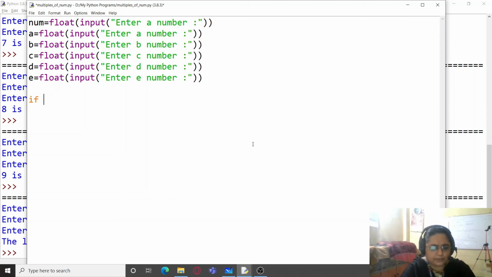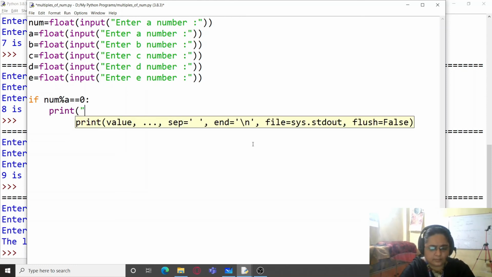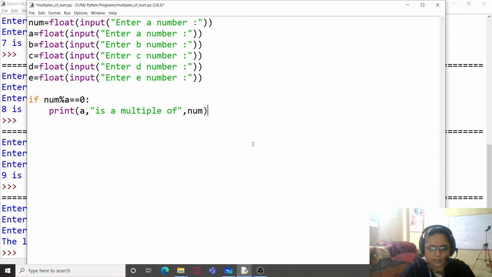Now, if num is divisible by A, so we will simply print A is a multiple of num. And I'll copy this also.